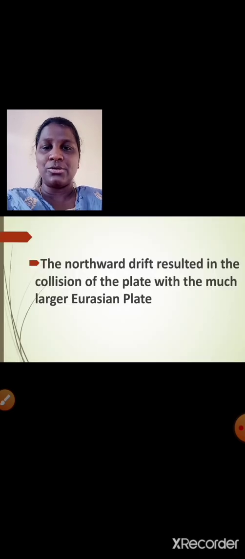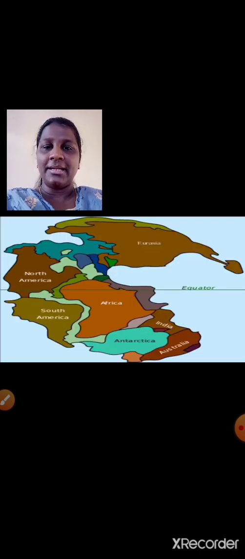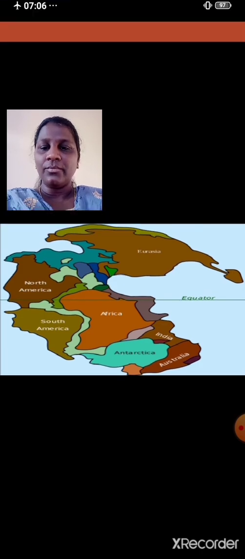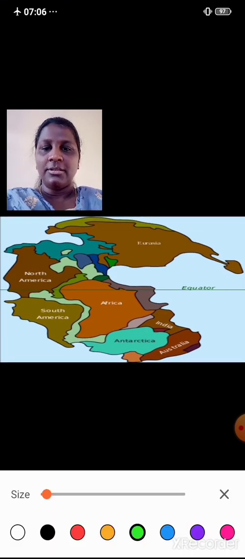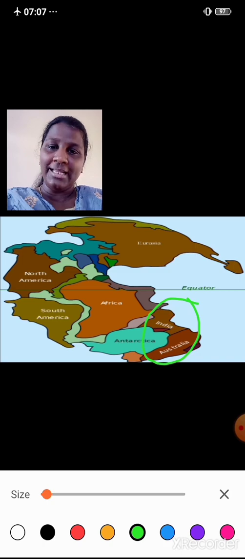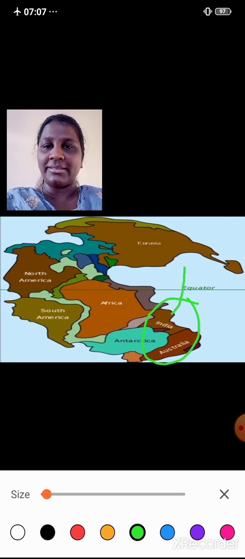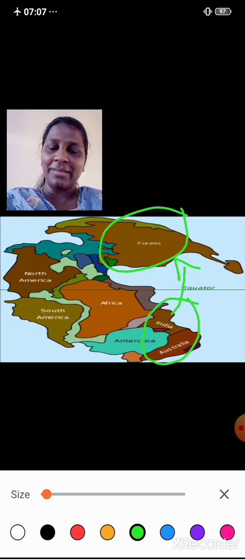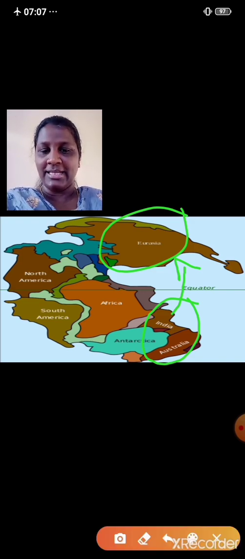I'll explain to you, students, with the help of the diagram, the map over here. Now this is Indo-Australian plate, right? Due to the convectional current in the mantle, there was plate movement. The crust got split. So this Indo-Australian plate started drifting towards the north. While drifting towards the north, over here we have Eurasia, the Eurasian plate. Here it collided with Eurasian plate. I hope I am clear, students. Once again, I'll explain this.